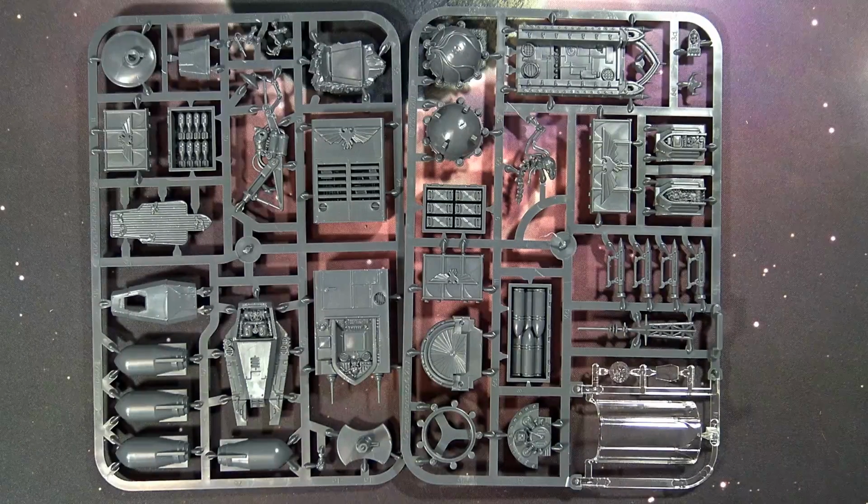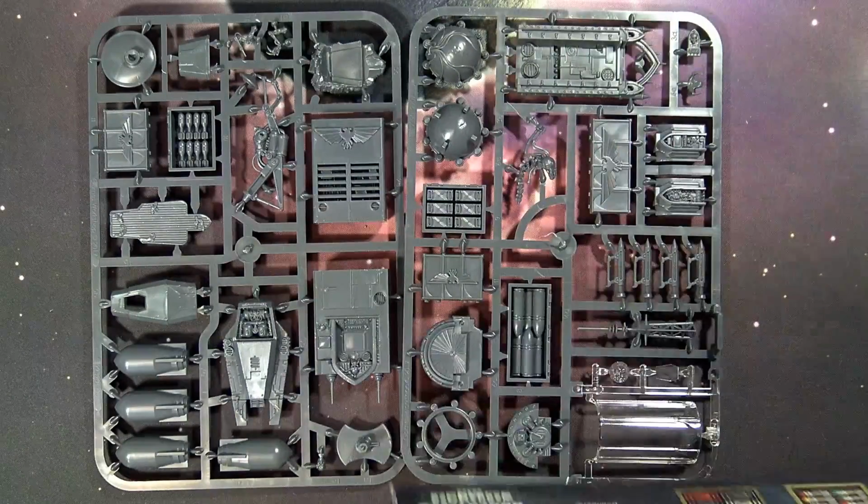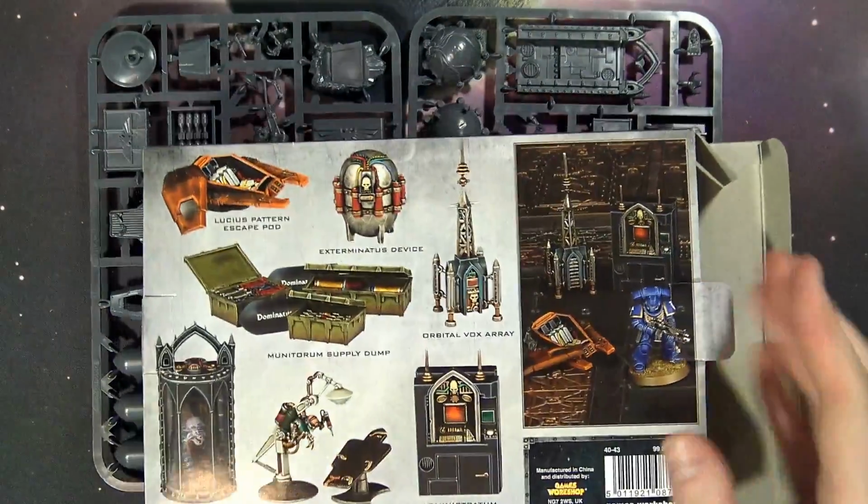Just be a little bit aware that the quality might not quite be there, but that's not exactly something that you would 100% expect from terrain you're gonna put on the tabletop. At the end of the day, does this model's quality live up to the expected use? And I think if we realistically ask ourselves that question, the answer is indeed yes. So I can get behind the $35 price for this, and also the way they package it,